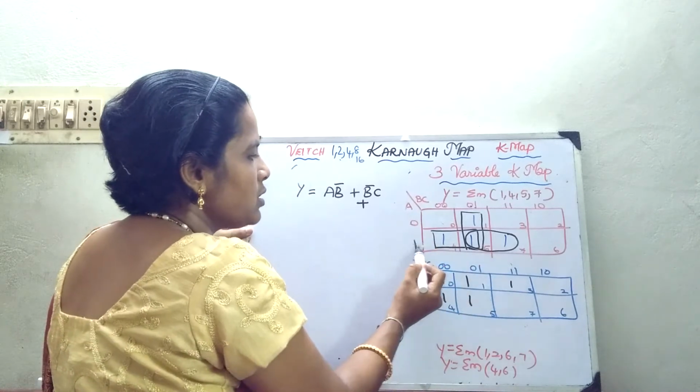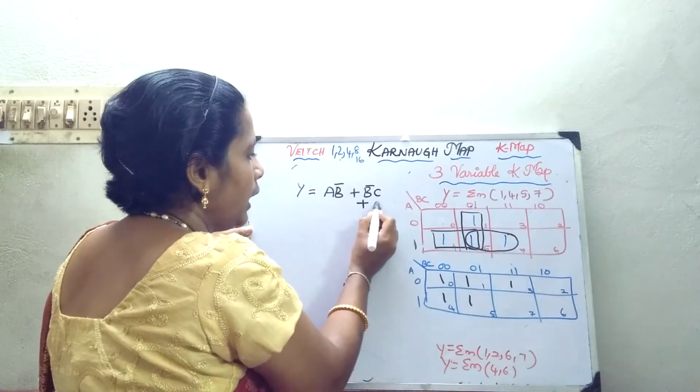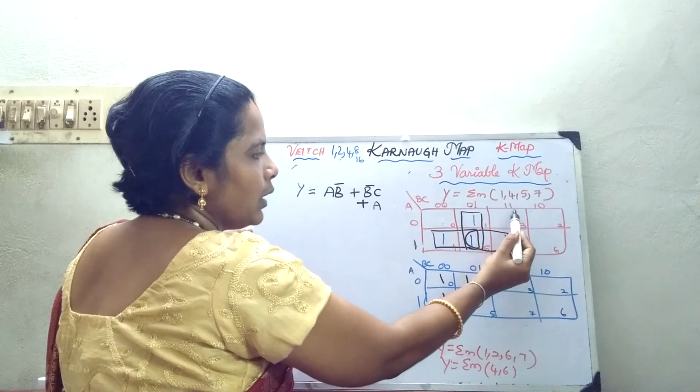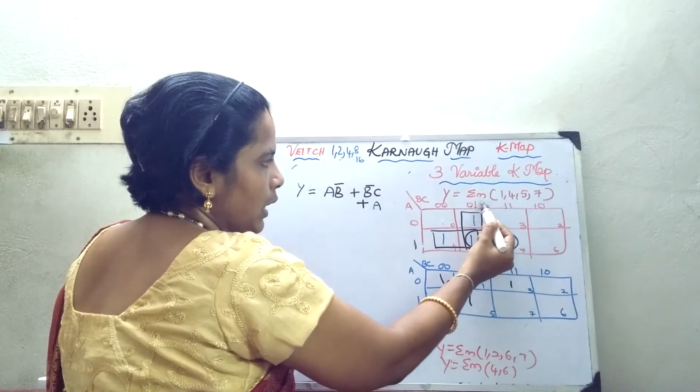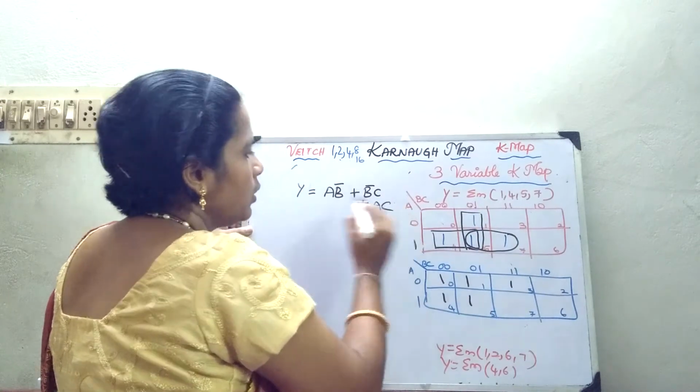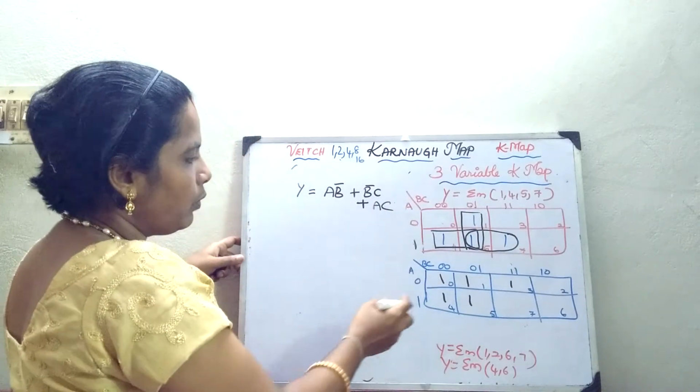What will be the answer for this? It lies in this row. So a, these two things you have to check the similar 0 1. First variable it is not matching. Second variable is matching. 1 1 means C. So this is the answer. Now we will go for this.